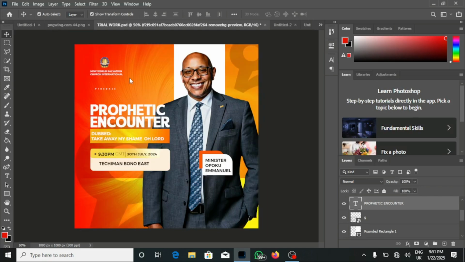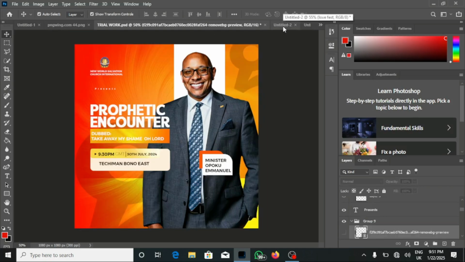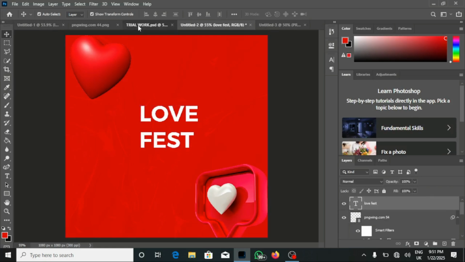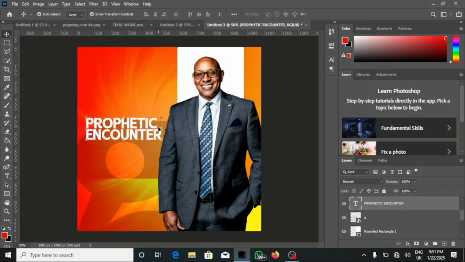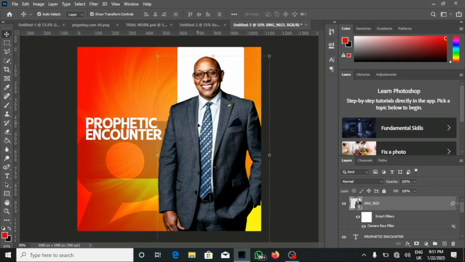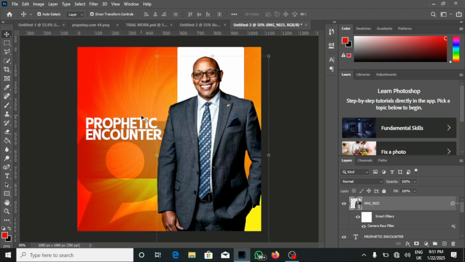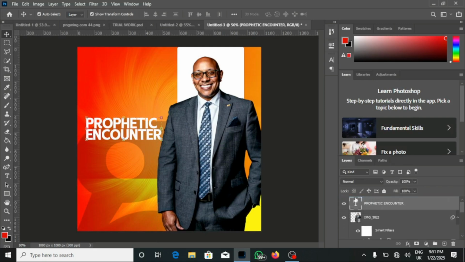And now let's see the next thing we have to do. So we have to create a shape beneath this. Alright, so the pastor should come here a bit, and now this font should be on top of the pastor like this. And now we have to click on our rectangle shape and draw a nice rectangle beneath this like this,